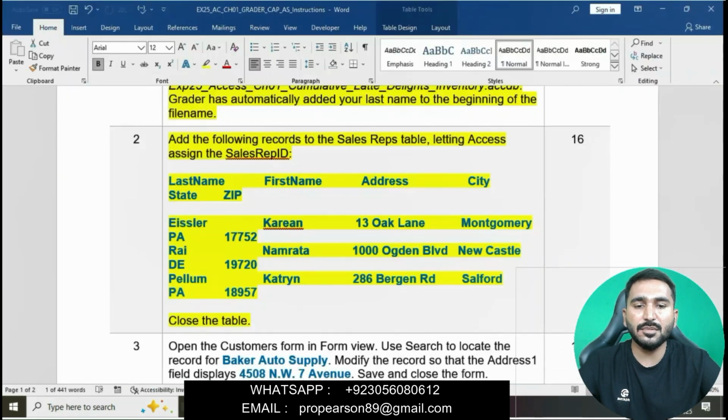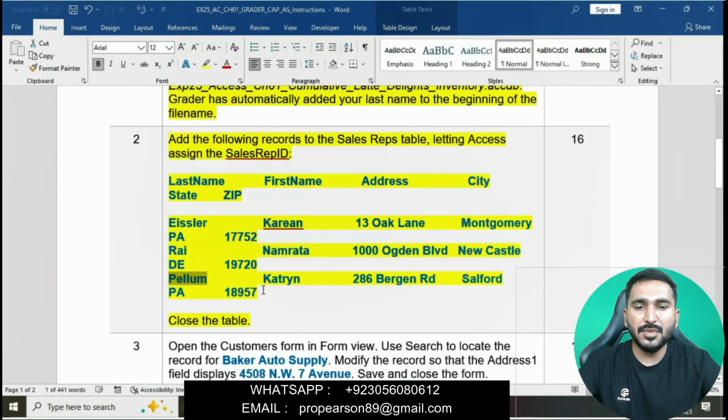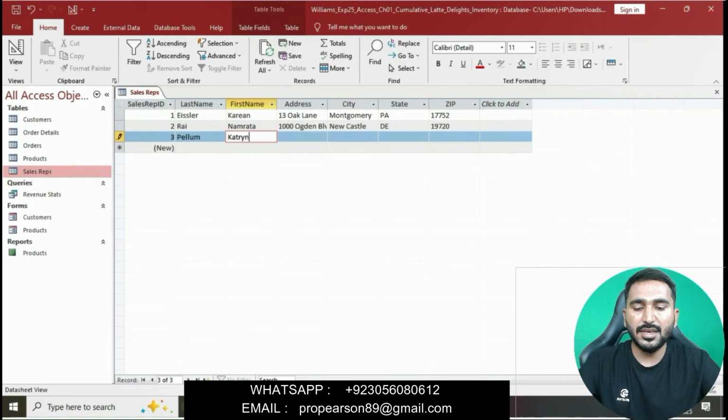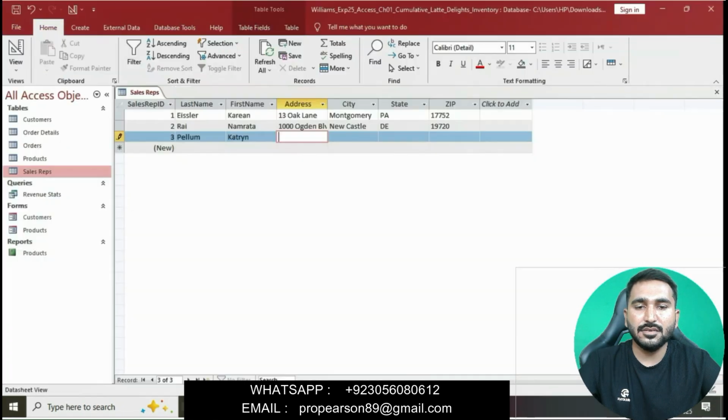Then the last name is Pelham; enter it in the last name column. The first name is Catherine. The address is 286 Bergen RD.